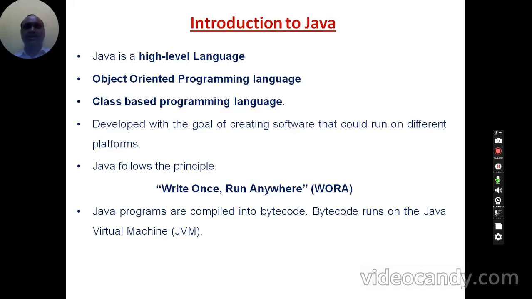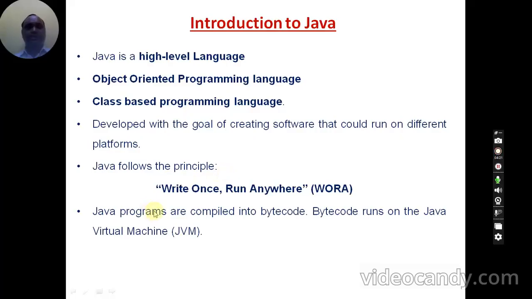That is the difference between Java and C. In Java, if you write a program on one particular operating system, you can easily take that program and run it on any kind of operating system without modification. That is the great advantage of Java.